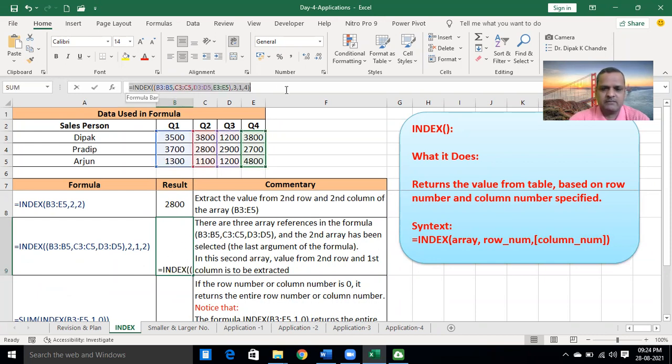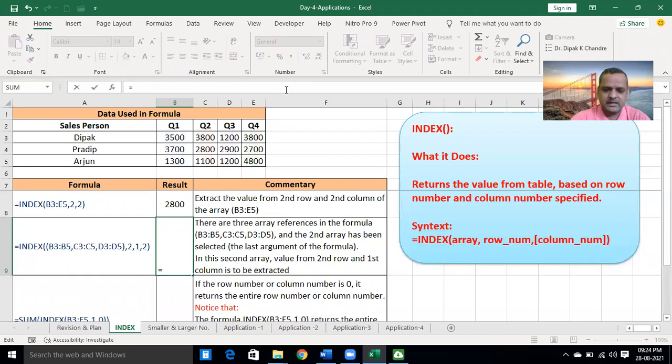Okay, I will remove this formula and I will again write index. Array or reference. I will use the second formula, the reference, that is the area number. This first area number, comma, second area number, comma, third area number, comma, fourth area number.